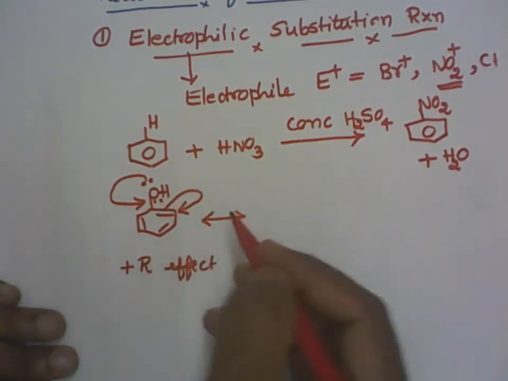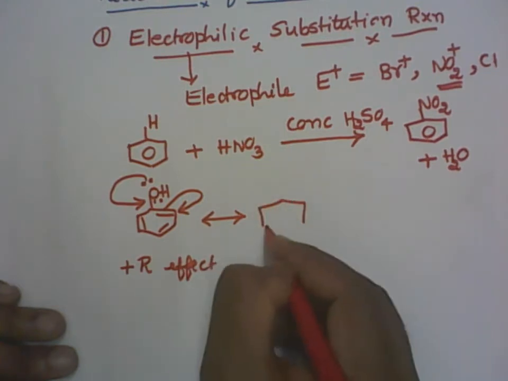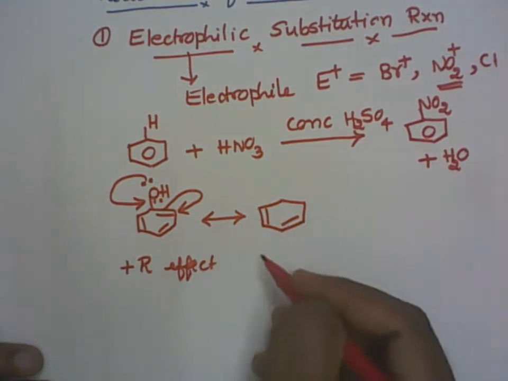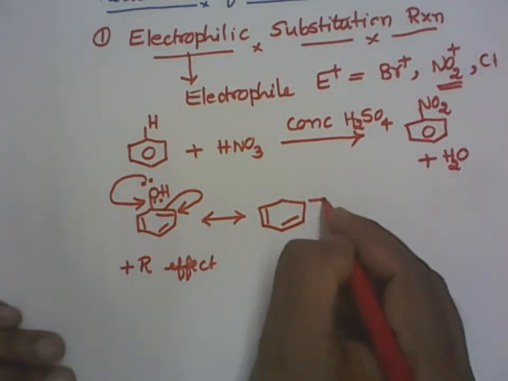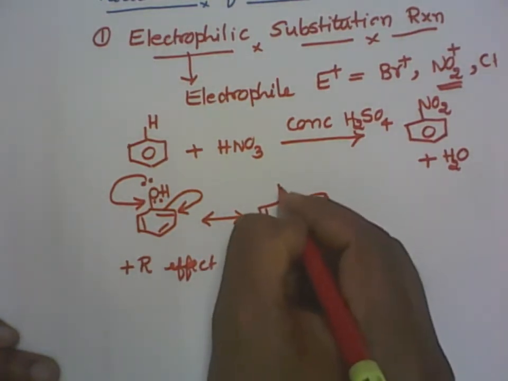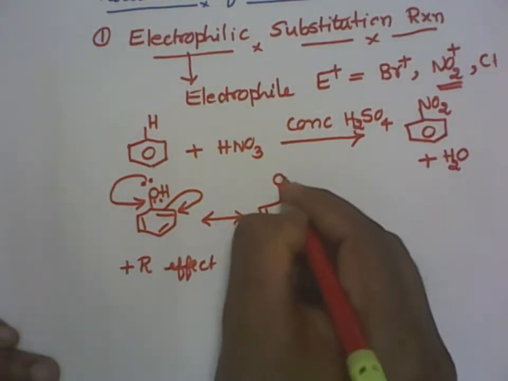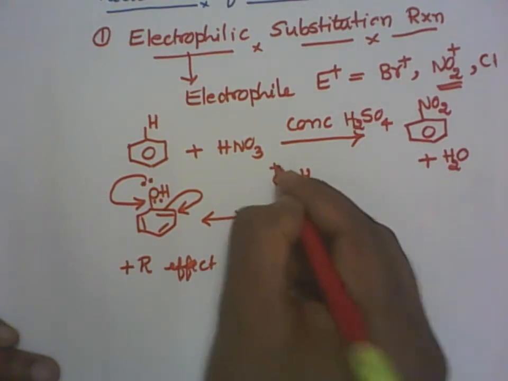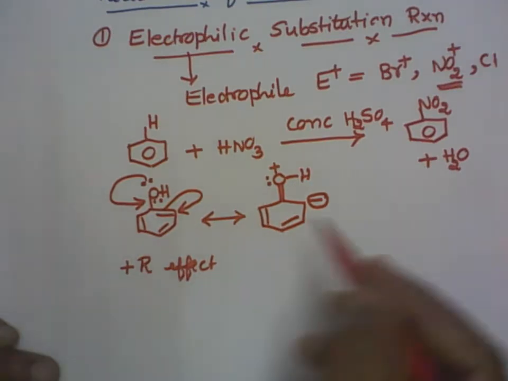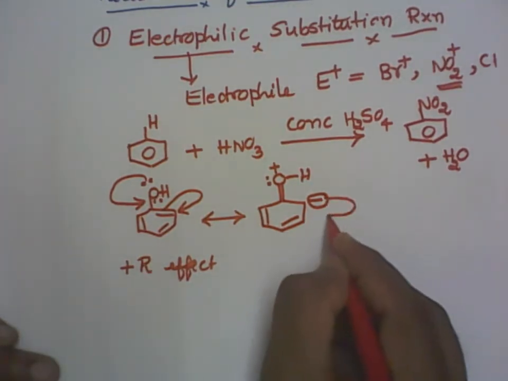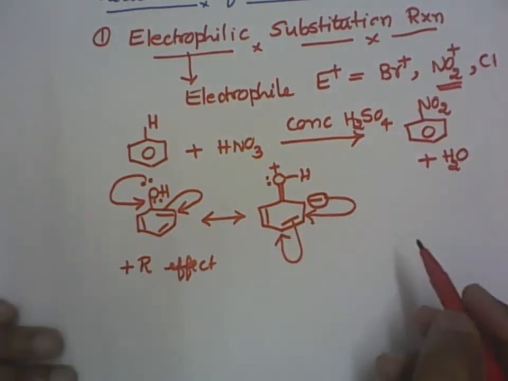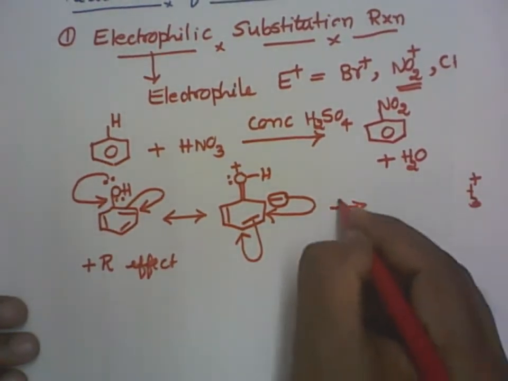So we are going to get resonating structures. I'll be writing all the resonating structures. These two double bonds are as such. Here a negative charge is formed on this carbon atom. Then we have got a double bond between O and H, as the oxygen has lost its electron pair and the other remains as such. Now this charge undergoes delocalization. Charge becomes bond, bond becomes charge, right? So we'll be writing the next structure.